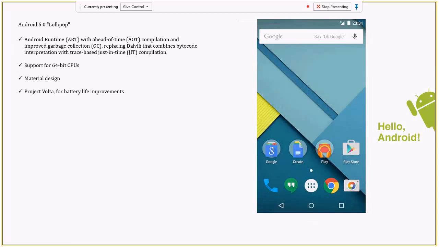Android 5.0 Lollipop. We'll dive into this, but just to give you a heads up: Android apps run on something called the Dalvik virtual machine. With Lollipop, they renamed it the Android runtime. There have been a lot of enhancements to make it more performant, but this is what it is going to be called after Lollipop: the Android runtime.